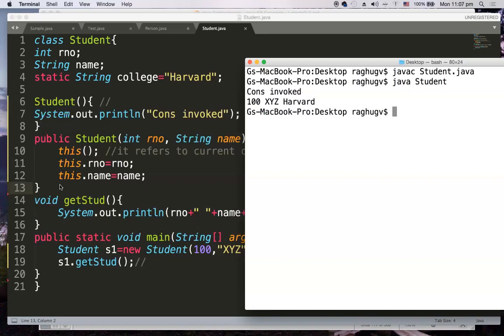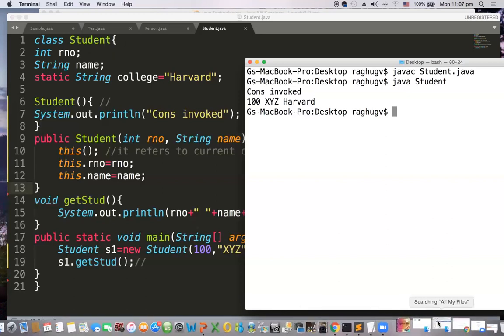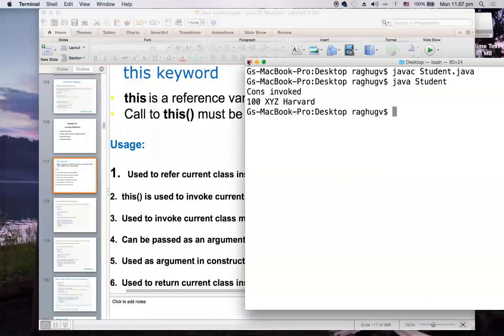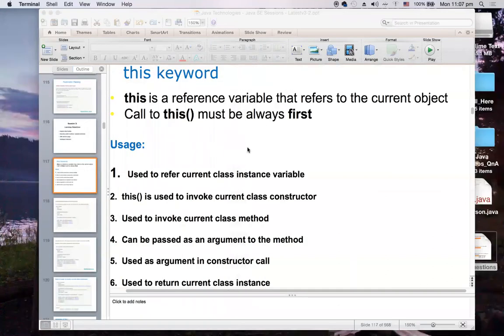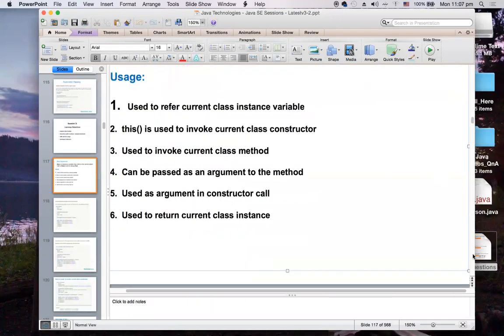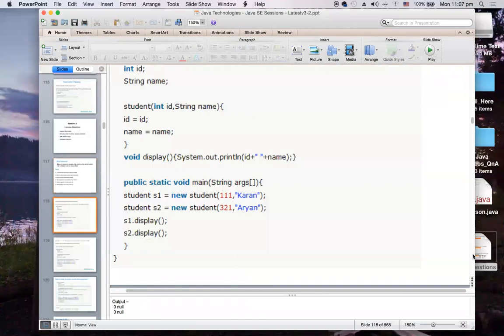So what is the use of this constructor? This is fine, it is invoking the current class constructor and all, but what is the use? Let's understand with an example which I am going to show you.